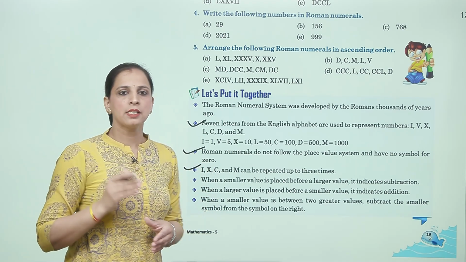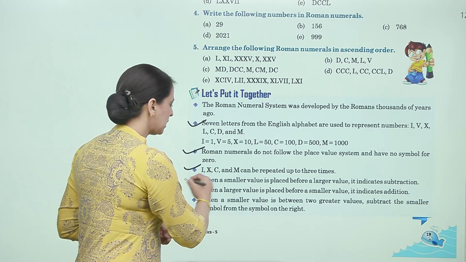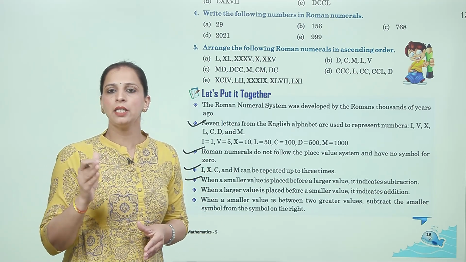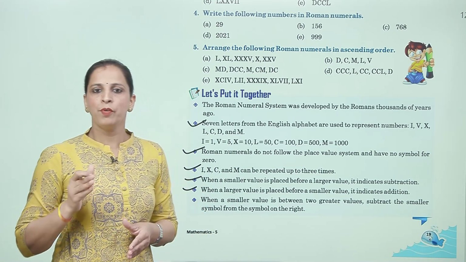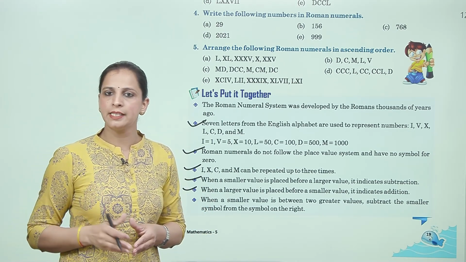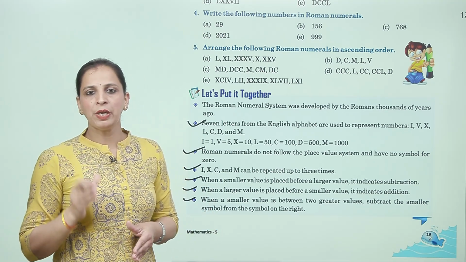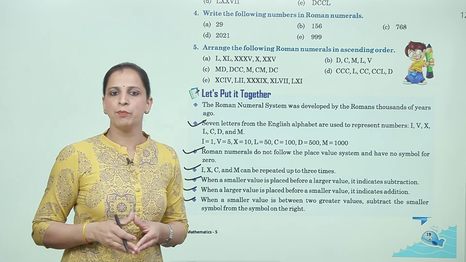I, X, C and M can be repeated up to 3 times. Next, when a smaller value is placed before a larger value, it indicates subtraction. When a larger value is placed before a smaller value, it indicates addition. Next, when a smaller value is in between two greater values, subtract the smaller symbol from the symbol on the